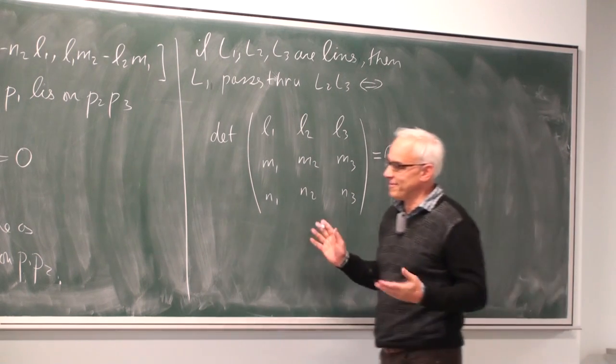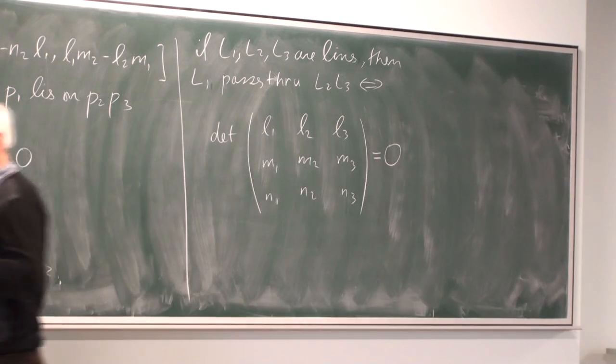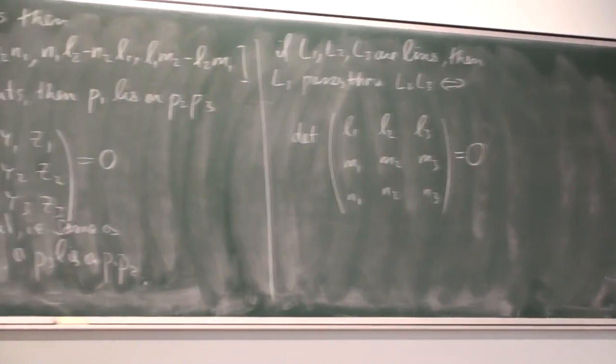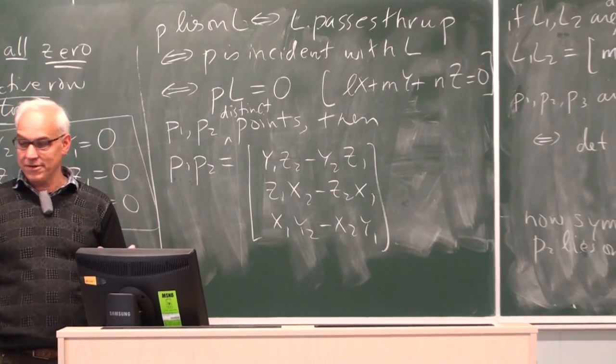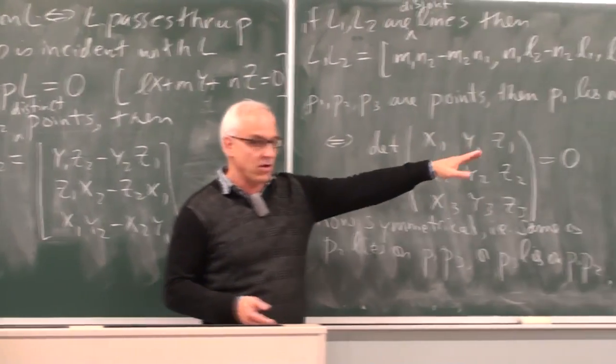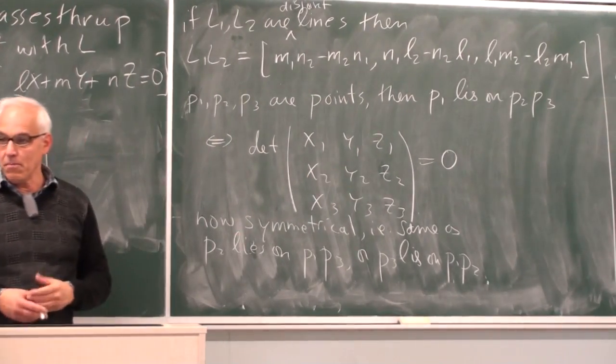All right, so this is a very simple and elegant way of thinking about two-dimensional geometry. It's a very simple and elegant way of computing with two-dimensional geometry, because the basic operations are all encoded in a cross product, and the basic notions of collinearity and concurrency are encoded by determinants.